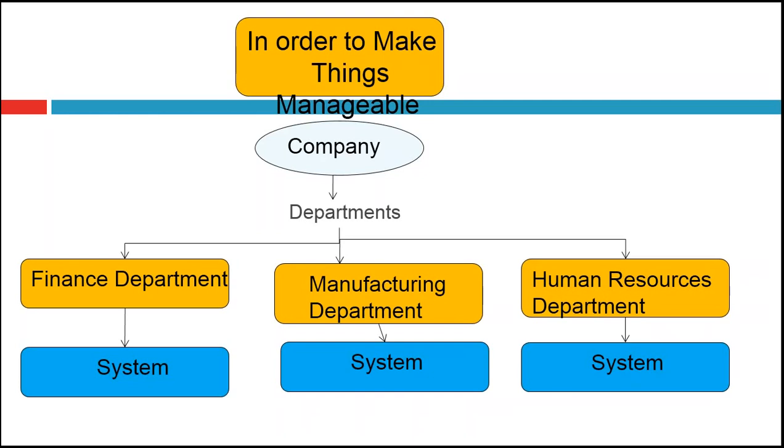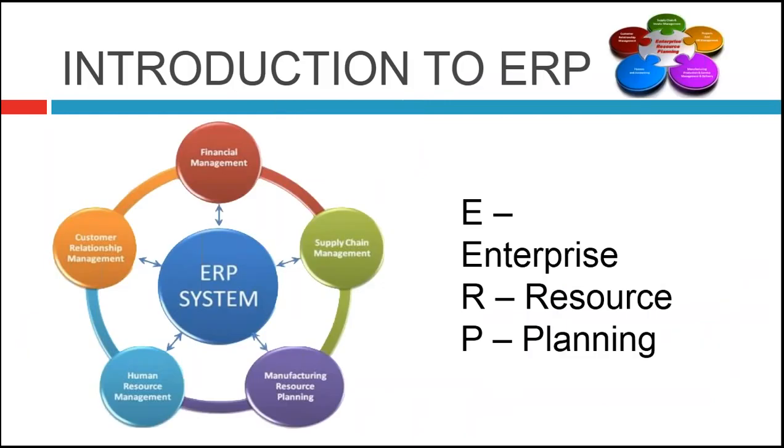So to reduce this gap, to fill this gap, the companies have introduced a central system, what you call an ERP system. What do you call an ERP system? E for enterprise, R for resource, and P for planning. According to the proper plan and the proper resources, they have introduced a central system with a single database where all these departments communicate with each other and update the information.